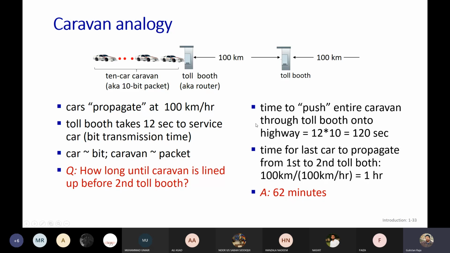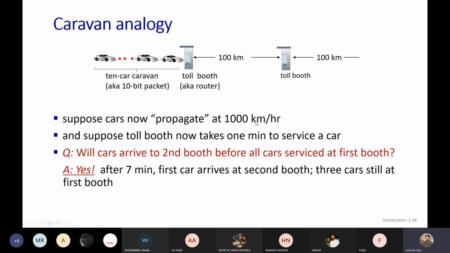ओके, नाउ सपोज दैट कार्स आर प्रोपगेटिंग एट 1000 किलोमीटर पर आवर। अब 100 किलोमीटर से क्या हो गया है, स्पीड क्या हो गई है? 1000 किलोमीटर पर आवर हो गई है। एंड सपोज दैट बोथ टोल्स टेक 1 मिनट टू सर्विस अ कार। टोल बूथ अब 1 मिनट ले रहा है, पहले कितना ले रहा था? सर 12 सेकंड। अब स्पीड गाड़ी की ज्यादा हो गई, 100 से 1000 हो गई, सही हो गया सर। लेकिन टोल बूथ इज टेकिंग